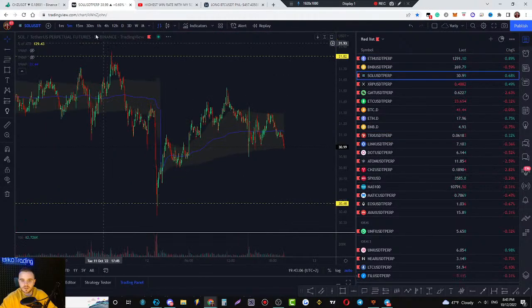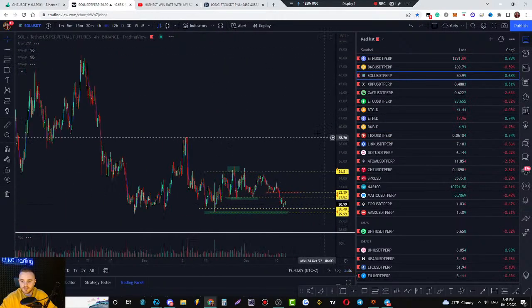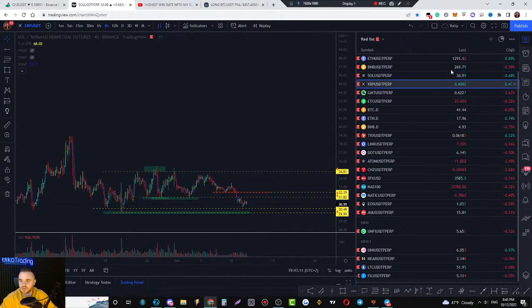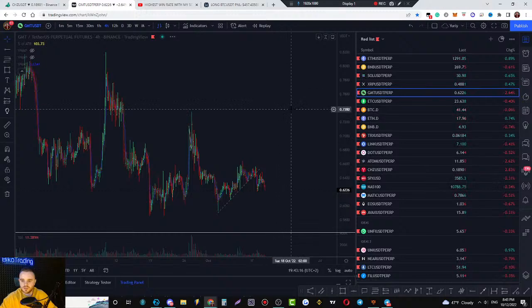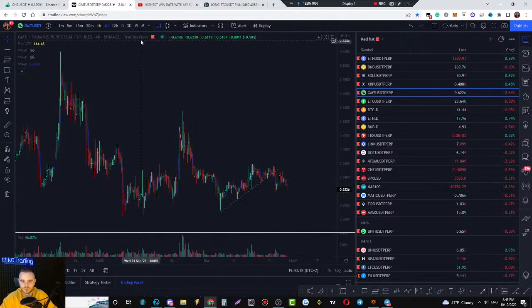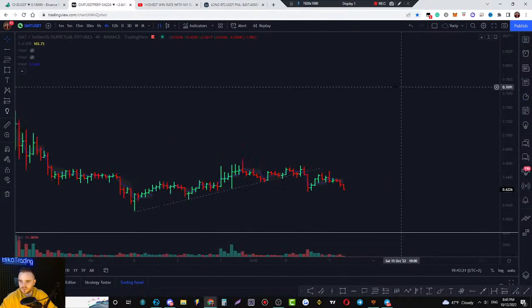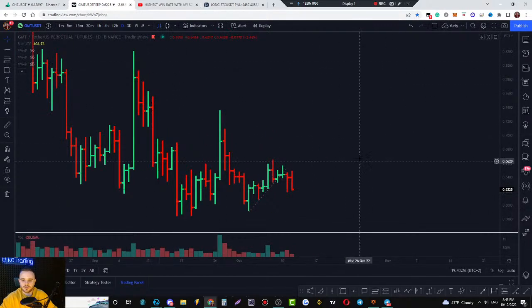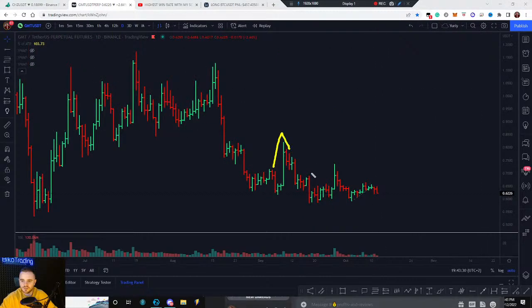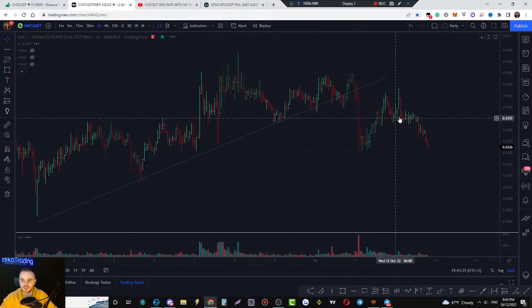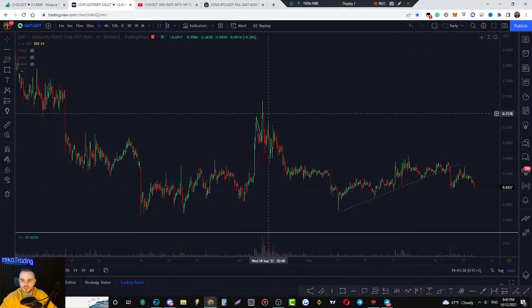Okay, we covered Solana at pullback, some short, Ripple also short. GMT, this coin is going like to, I think it is the next scam. I was so mistaken when I told that this could be a potential new Axie Infinity. Have a look what's going on every time. During every pump, volume increases, and what happens after that? Massive drop. Pumped, volume increased, massive drop.